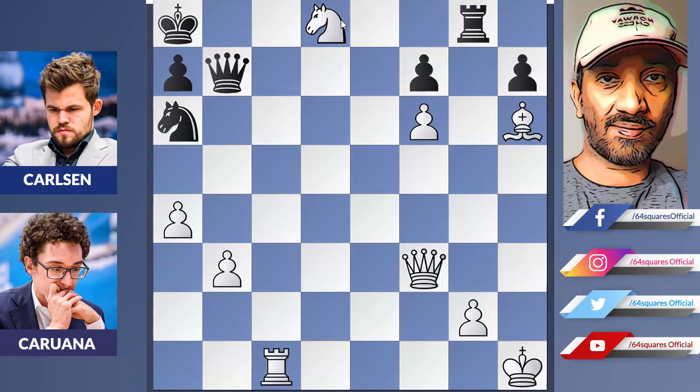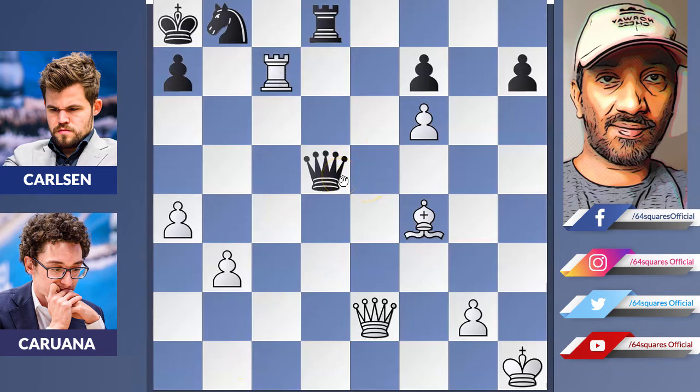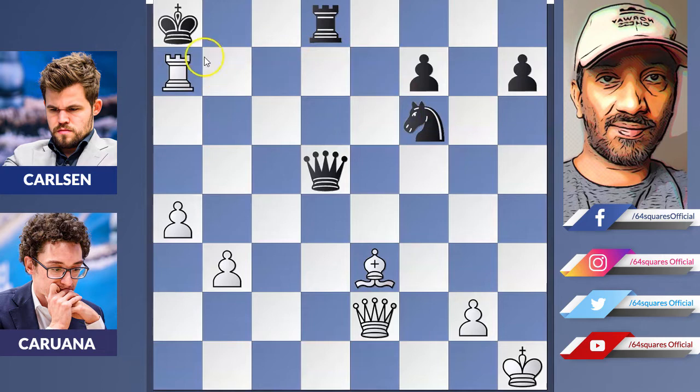Carlsen loses his rook. Now rook into d8, now queen to e2, knight to b8. Carlsen goes on the defensive, and now bishop to f4, now queen to d5, rook to c7 and knight to d7, attacking the pawn. Now bishop to e3, and now knight takes the f6 pawn, and rook into a7 check,